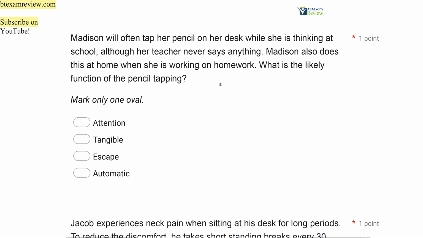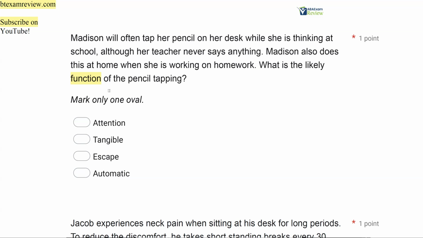Madison will often tap her pencil on her desk while she is thinking at school, although her teacher never says anything. Madison also does this at home when she is working on homework. What is the likely function of the pencil tapping? So when we're thinking about the function of a behavior, we're trying to determine why it happens. Our four main functions are attention, tangible, escape, and automatic. The big differentiator between attention, tangible, escape, and automatic, which is also considered sensory, is that attention, tangible, and escape are socially mediated. There's another person involved. When it's automatic, it doesn't have to have anybody else involved because nobody else is mediating